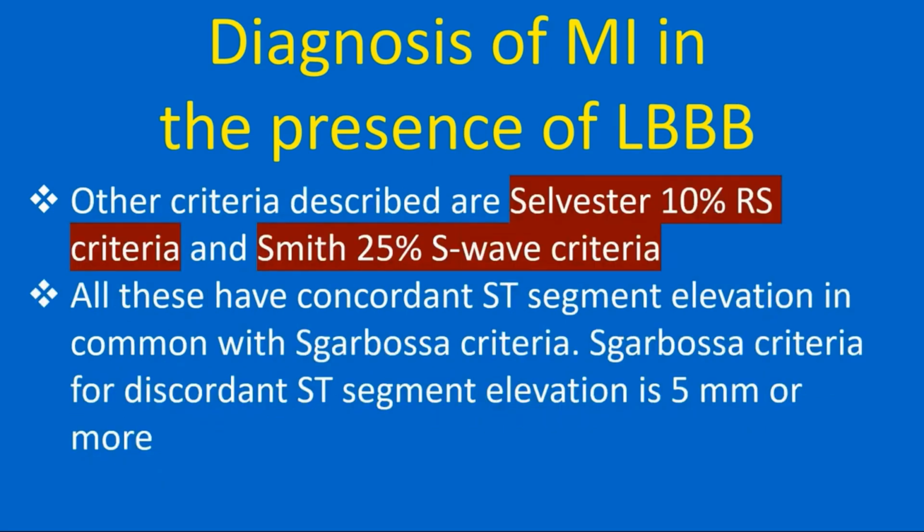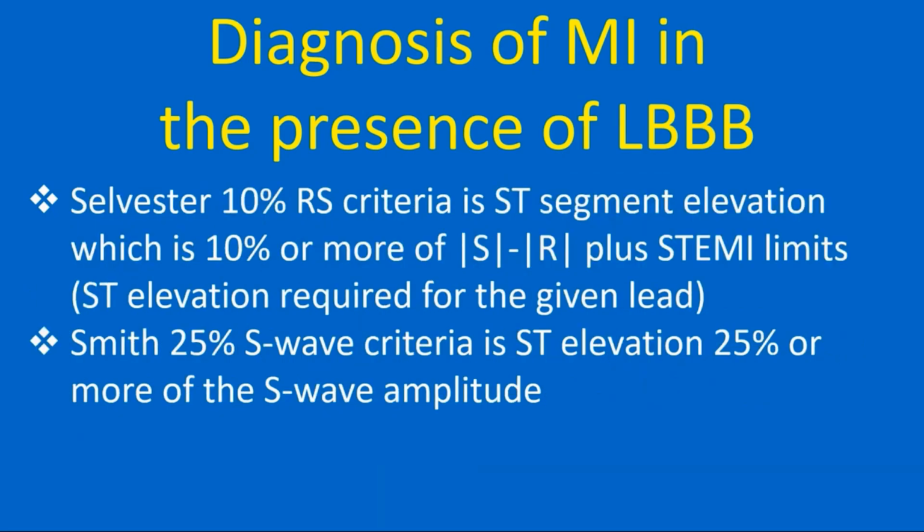Other criteria described are Sgarbossa-Smith modifications: the Selvester 10% RS criteria and Smith 25% S wave criteria. All these have concordant ST segment elevation in common with Sgarbossa criteria. Sgarbossa criteria for discordant ST segment elevation is 5 mm or more. Selvester 10% RS criteria is